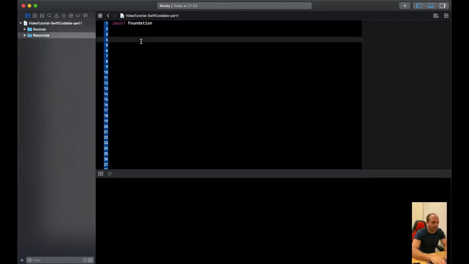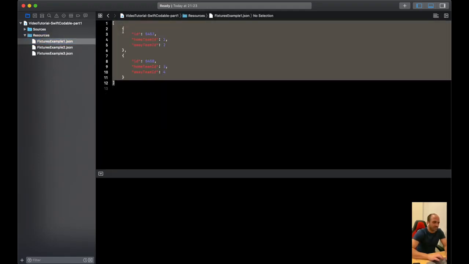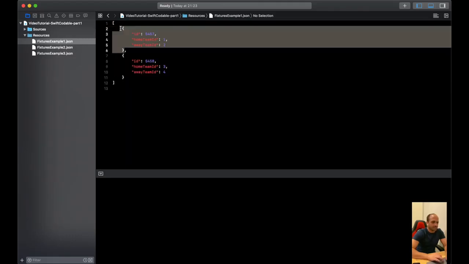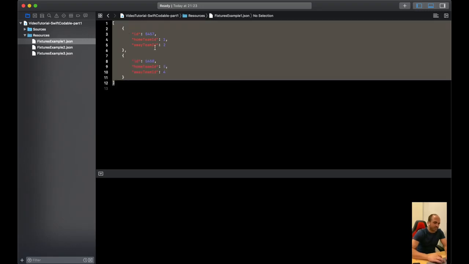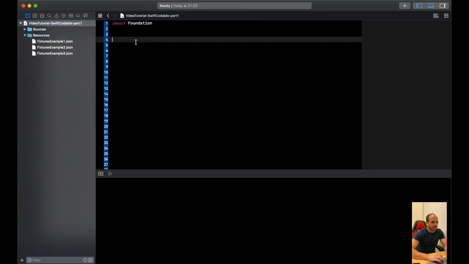Swift provides a very easy mechanism to decode the data. What does that mean? Let's say we are going to decode example 1, which is very simple data. It's an array of 2 JSON objects. This JSON data is representing a fixture. This one is very basic. Definitely the real data will be even more complex, and we will make it a little bit complex in a few moments. So to parse this data into a Swift struct or a class,